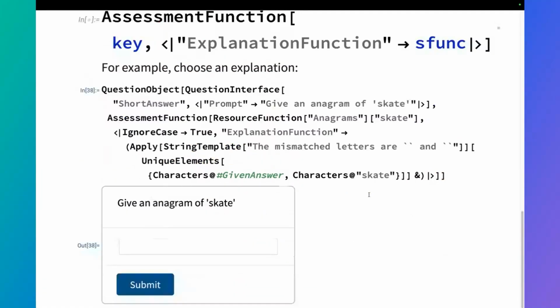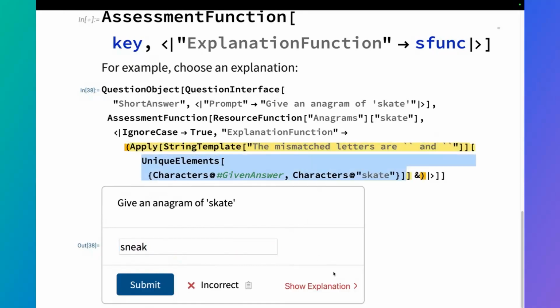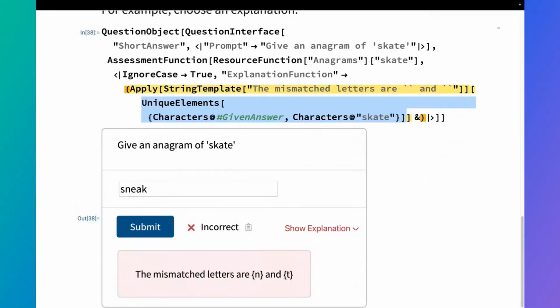So here's an example in a question object: give an anagram of skate. If I say sneak, it's going to run this string template with unique elements, and it'll generate an explanation that says, here are the mismatched letters, right? So this is really a nice tool to be able to programmatically generate the explanations,